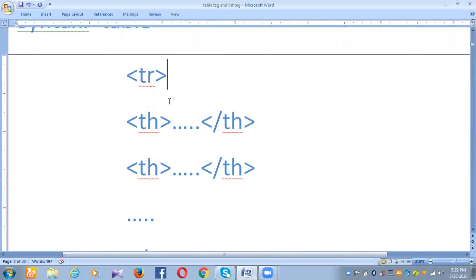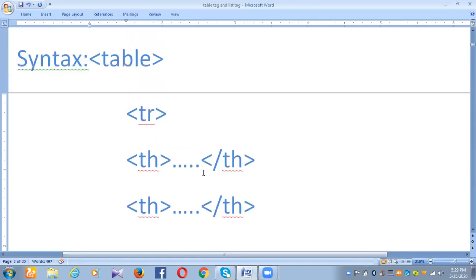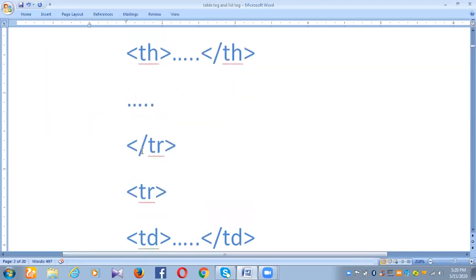Under that, whatever heading needs to be mentioned, you write in th within angular braces, and whatever you want to write between th and forward slash th, the opening and closing, you mention there. However many headings you want, that many th tags you take. Then you close the tr tag.